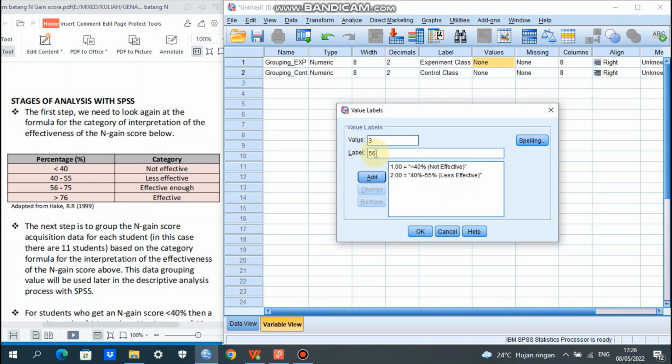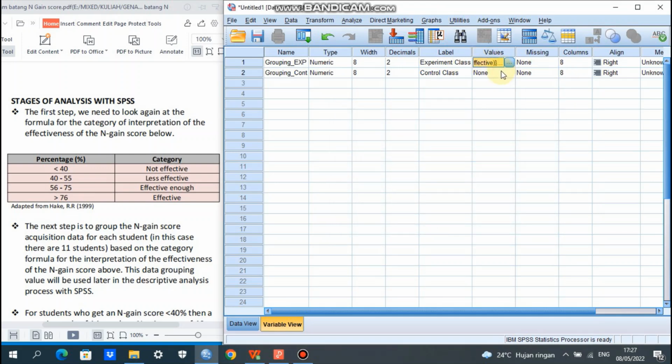It is 56% until 75%, and it is categorized as effective enough. Yeah, and we click add, and the last, it is group code 4. It is for the n-gain percentage that is more than 76%. So it is categorized as effective. Yeah. And then we click here, and then we click OK.